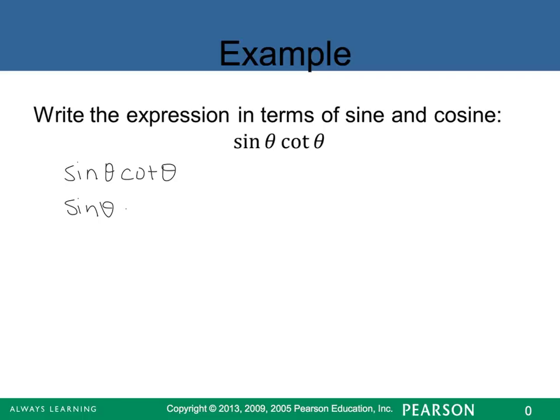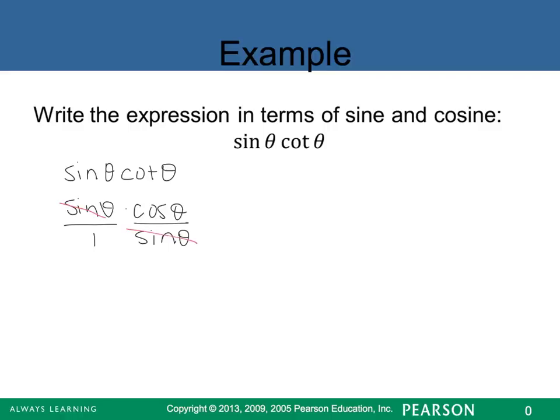Cotangent has two options. I could put it as 1 over tangent, which has nothing in terms of sine and cosine, or I can write it as cosine over sine. So that sounds a lot more useful. And once I put it as cosine over sine, then I can use some algebra information here. If I put my first half of that first sine over 1, I now have a numerator and a denominator